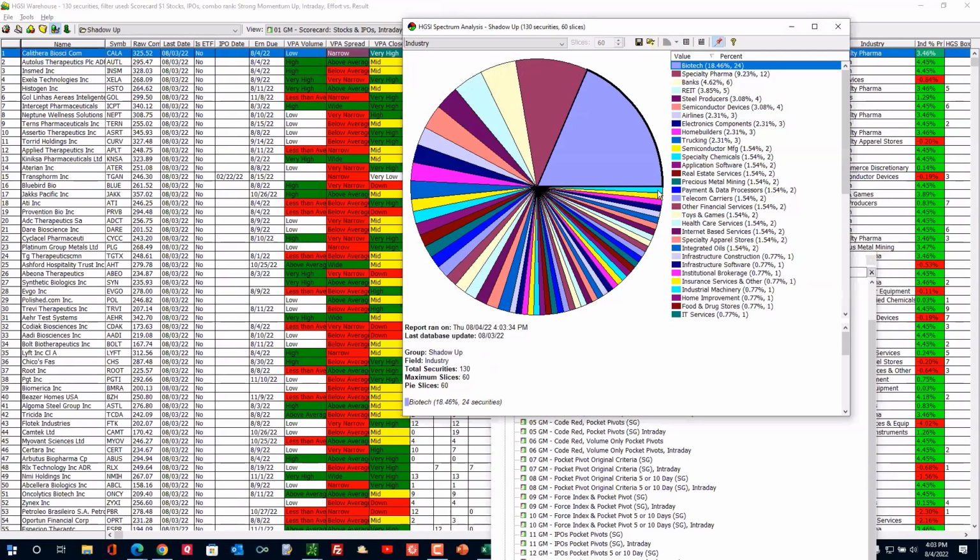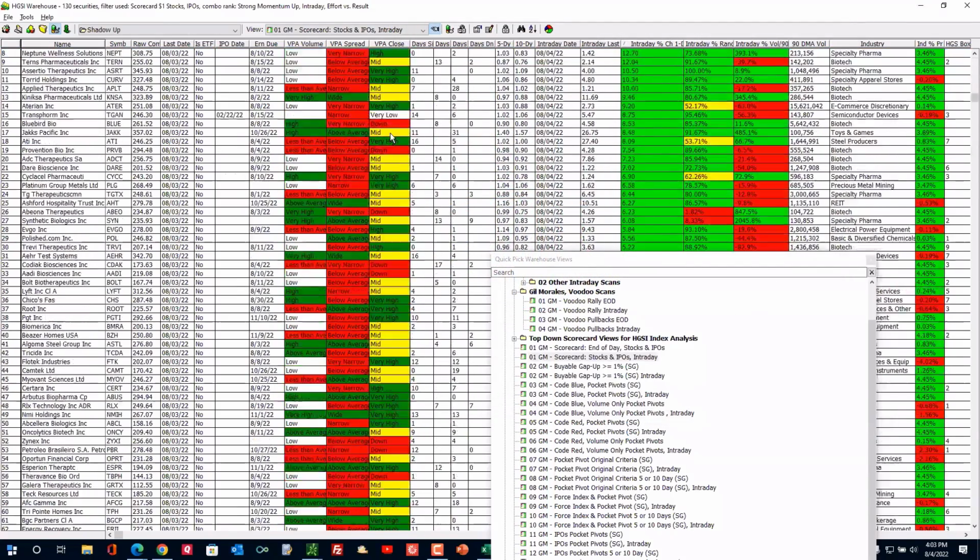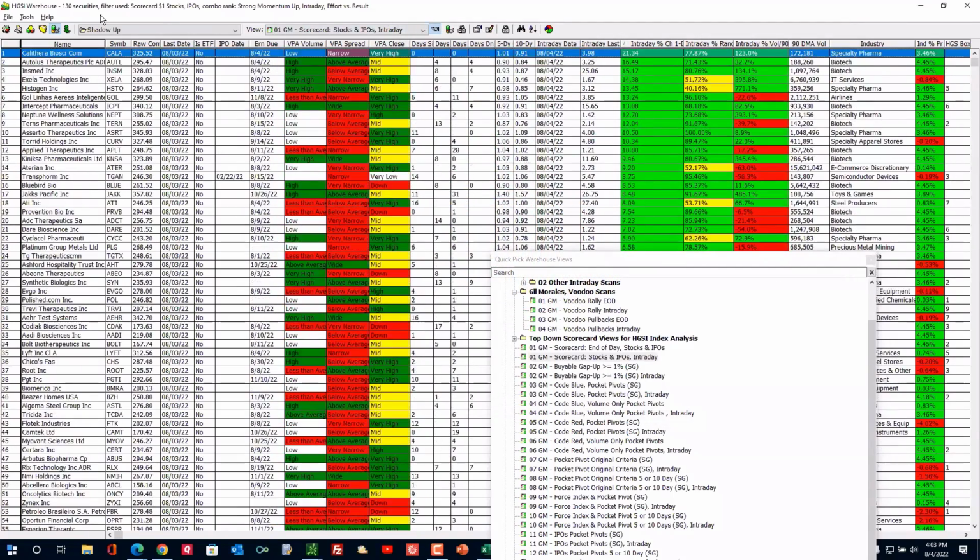I want to see where the groups are, as usual. Biotechs, which you would expect for stocks in this price range. Specialty pharma, banks, and so on. But let's say this is the list that I want to look at. Now, it's a long list. I can still